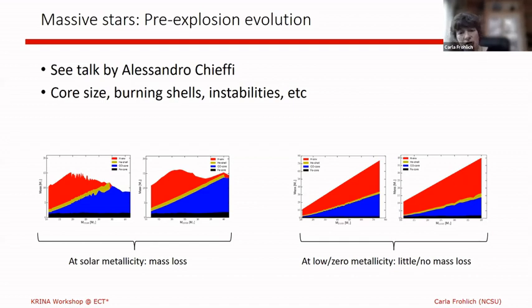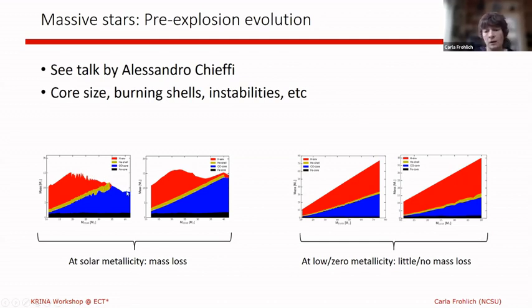So the horizontal axis that you can't read goes from 10 to 40 or 10 to 70 solar masses. The four different colors give you a very crude structure of the star. So the black at the bottom is your iron core, the blue depicts the carbon-oxygen core, the narrow yellow band is the helium shell, and then the red on top is your hydrogen. And you can see that at the left, where you have solar metallicity progenitors, there is mass loss. The envelope of the red hydrogen is not a monotonic function of the initial mass. These stars, the heavy stars at solar metallicity, have lost their hydrogen envelope. They have even lost their helium envelope out here.